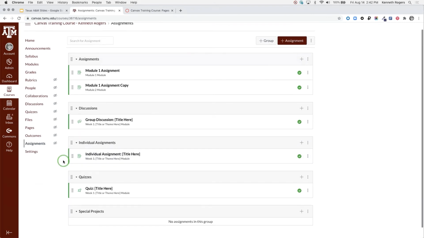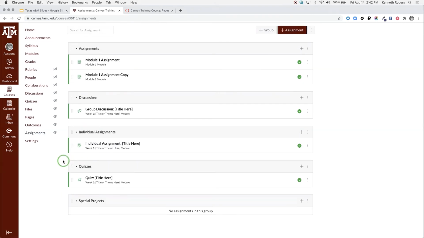notice this has all of my graded content in it, okay? I have a graded discussion already in here. My quiz is in here. Any graded content will be in your assignments index page. Our assignments link here is our assignments index page. Any graded content will be in here. All right. Now,